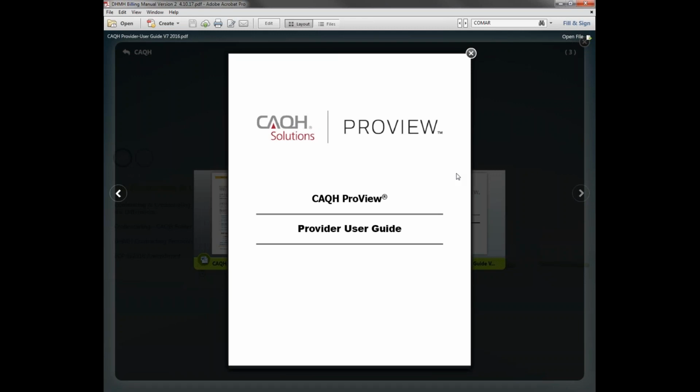And again here, this is a provider user guide that's pulled from CAQH ProView. Very comprehensive, just more information on how to use ProView. We've included a link directly to the CAQH ProView in the previous document. We tried to summarize the information that's in this user guide in the previous document, and here is the entire provider user guide for those of you that wanted to skim through it. There's a lot of great information in here to make the process easier, and the fewer errors there are, the faster the credentialing